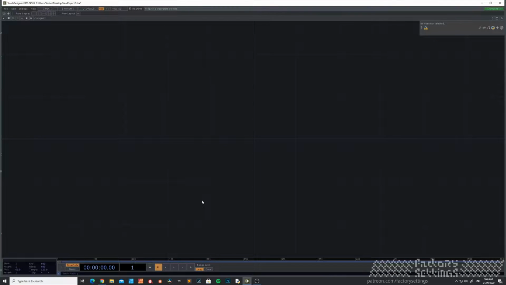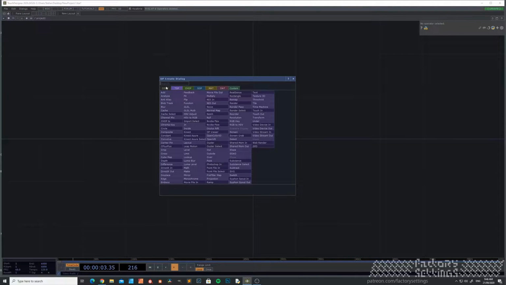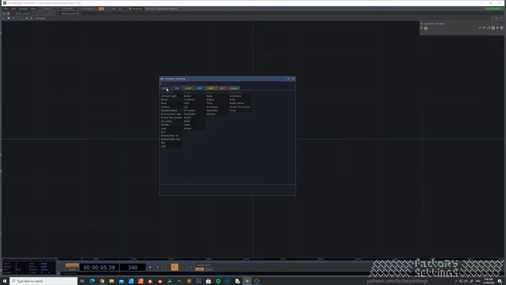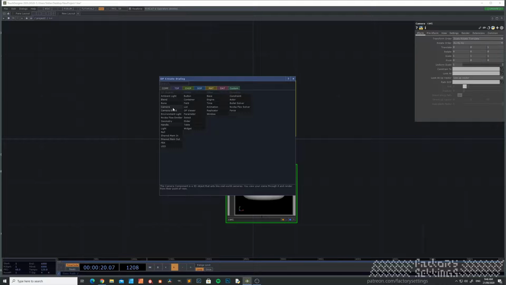We'll start with a clean project. I'm going to extend the range. It's more convenient for looping kind of animations. I'm going to play the timeline, double click, just set up a render setting. So if you hold Control, it won't close the create dialog every time you insert a new node. So Control, geometry, camera,